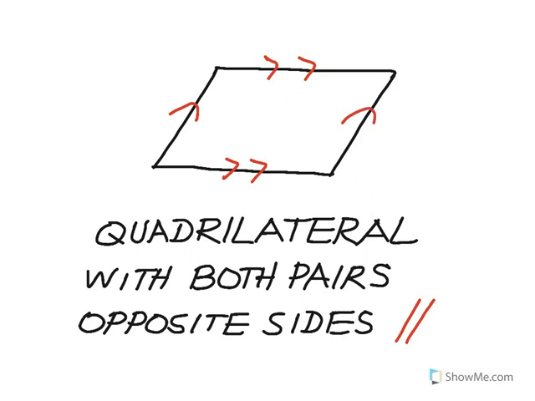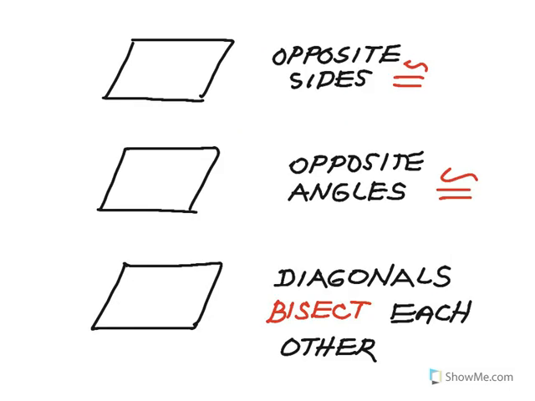That's a parallelogram. There are three properties about parallelograms that you need to know, and they're all stated as theorems. The first one is that the opposite sides of the parallelogram are not only parallel, but they are congruent to each other. So we can see these two sides would be congruent to each other, and that pair of opposite sides would be congruent to each other. The second thing is that opposite angles of a parallelogram are congruent to each other. So this angle would be congruent to this one, and this angle